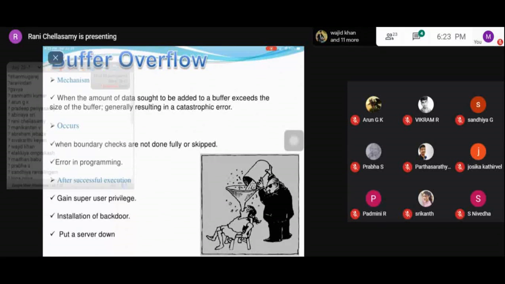Here you can clearly see how SQL injection works. Here you have select star from users where the username equals the given username and the password is given. The attack input will be at the username: given anything or 1 equals 1. After this input, access is granted to the attacker.